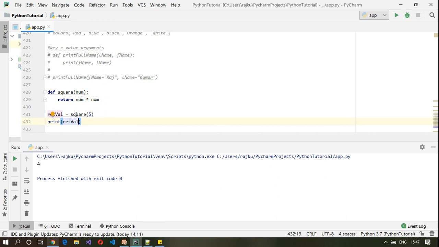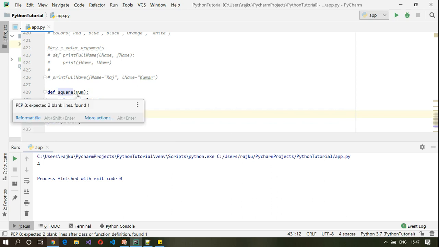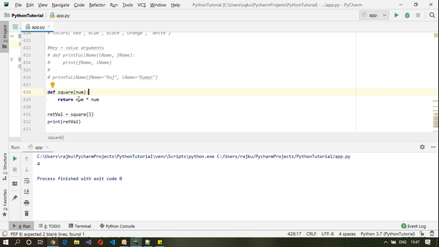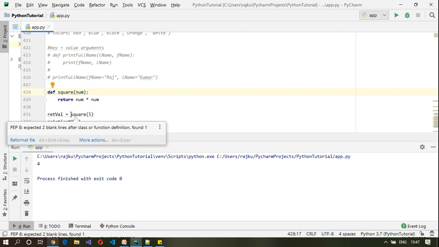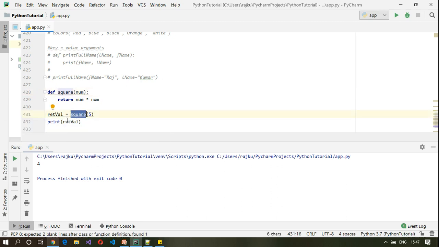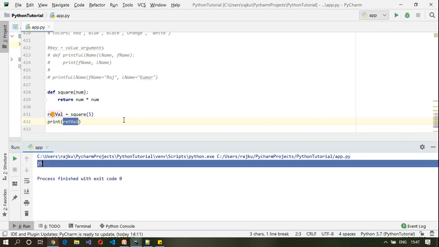The square method gets called, and this is the value which is passed as number, and then it will multiply number by number, that is 5 by 5, which is 25, and this return statement will return 25 back to this calling function, and whatever the return value is gets stored into this variable, and we are printing that value here. Let me execute this, and this will print 25. So this is how we can return a value from a function.